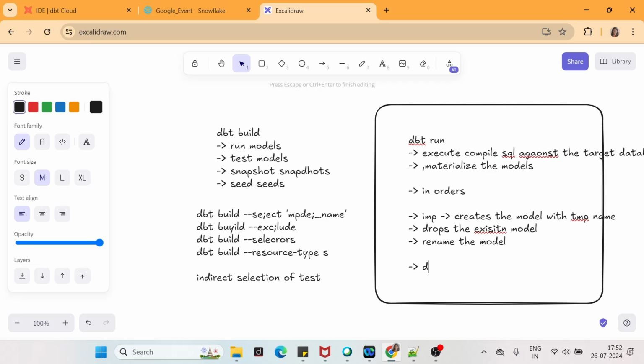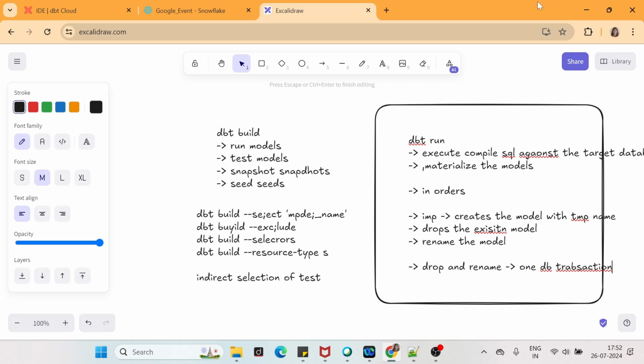Most important part, this drop and rename comes under one DB transaction. Okay, so this is about the dbt run command.